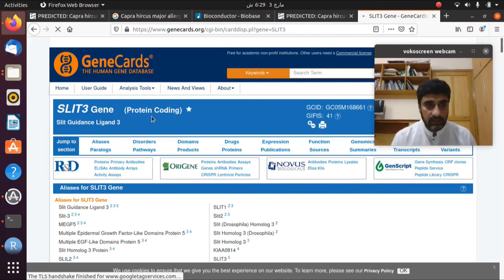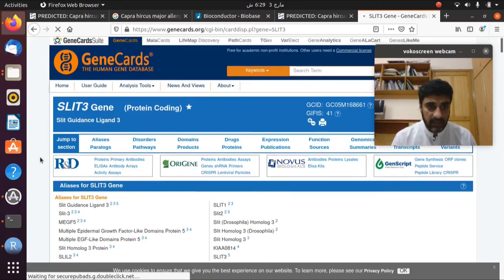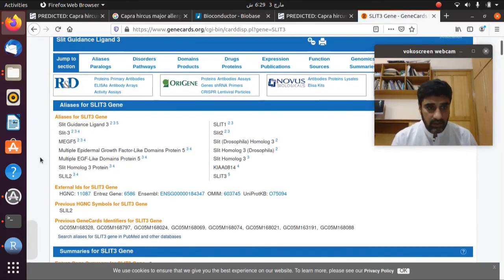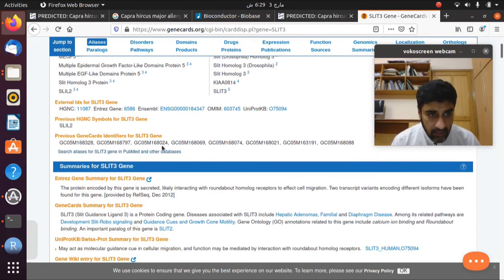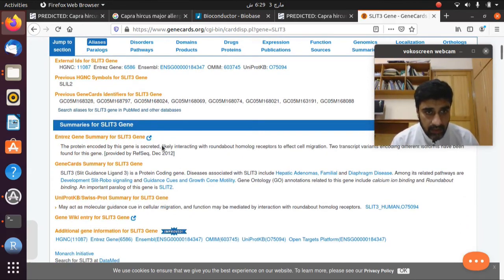So this is a very good database in which you can find the different aliases of this gene. This gene is also known by all these names. Then you can go down and have a look at the protein.